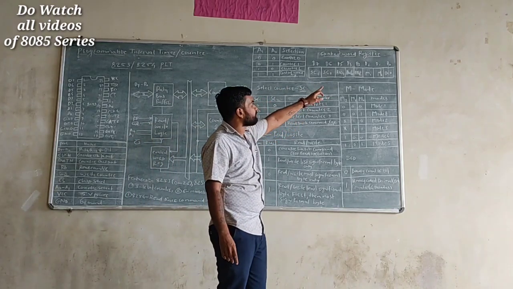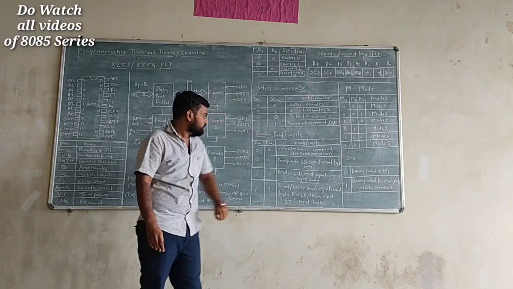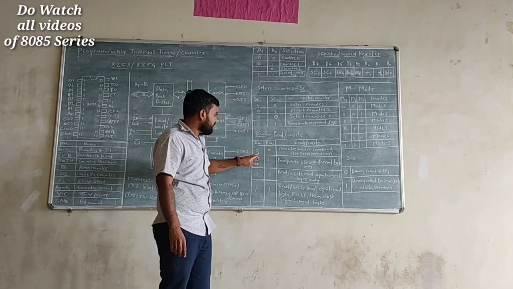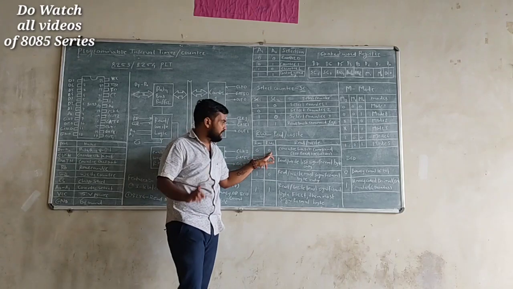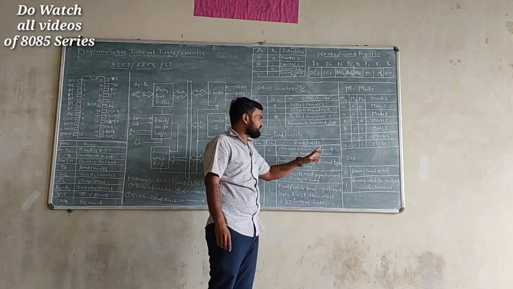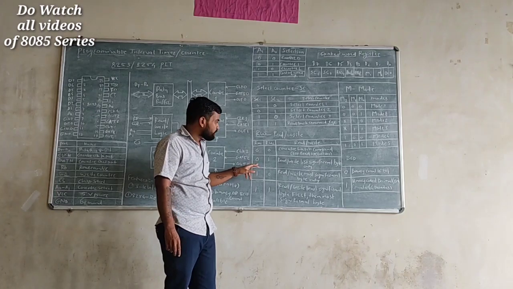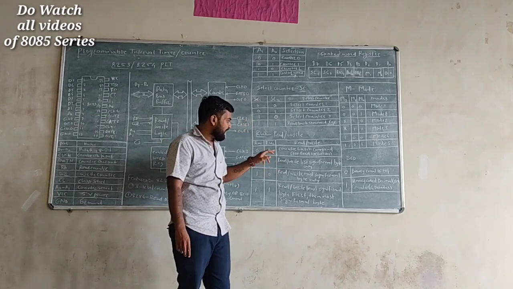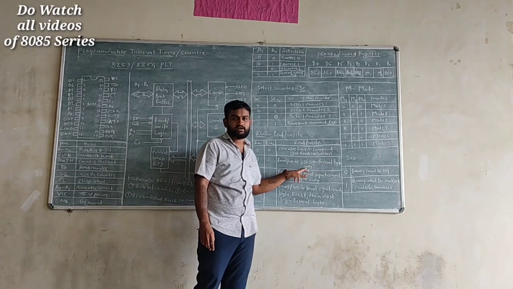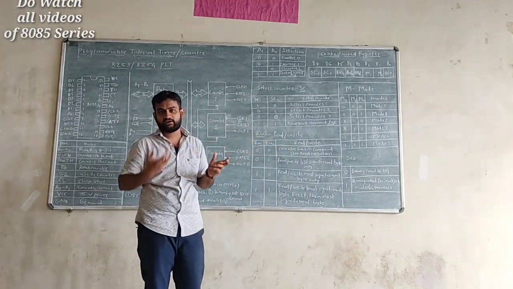So RW1 and RW0 pins are available at D5 and D4. If the RW1 and RW0 value is placed at 0, 0, at that time the counter latch command and read operation is going to be followed. Second, if RW1 is placed at 0 and RW0 is placed at 1, at that time read/write least significant byte situation is going to be there. So the least significant byte of your counter is going to get read.